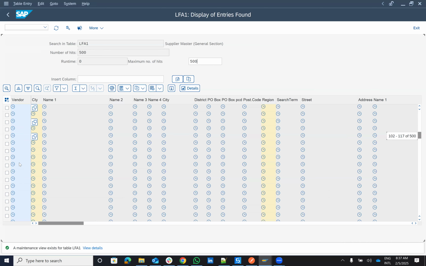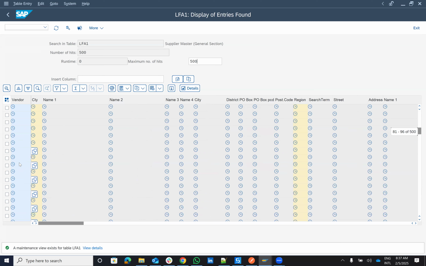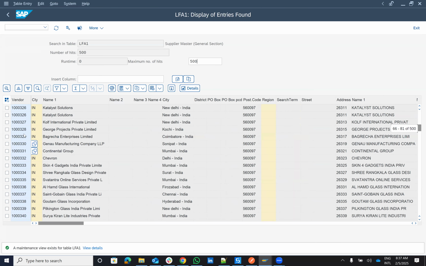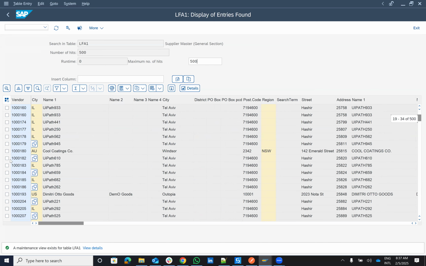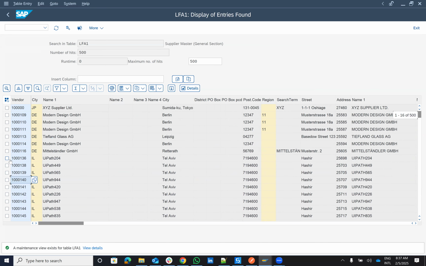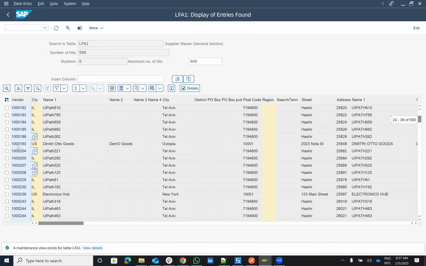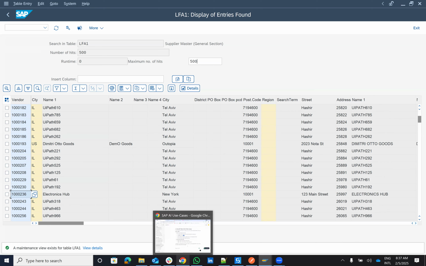So I get my vendors number from here. Yeah. So let's go and take a vendor number. Let's say we are on the New York, on the US instance of SAP. So I will use this one from New York. So I will go here,